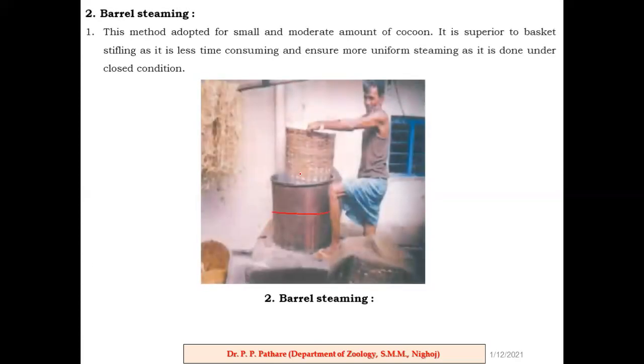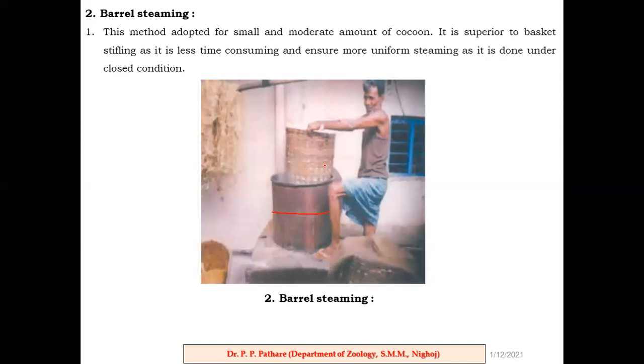Again, some advantages and disadvantages. This is the easiest method you can perform for steaming 10 to 15 kg. Again, a similar amount is shown here, that is 10 to 15 kg of cocoon at a time you can stipple. Second, very important thing, after this method you are getting very wet cocoon, that is, moisture-content cocoon.